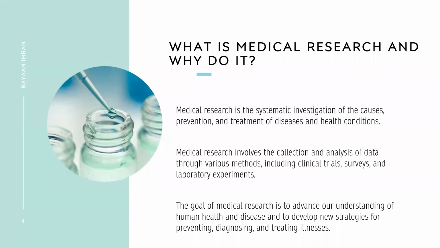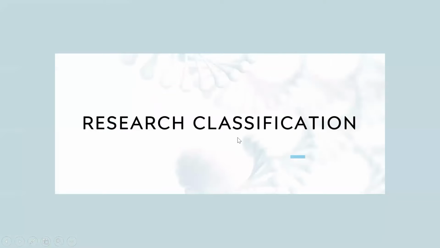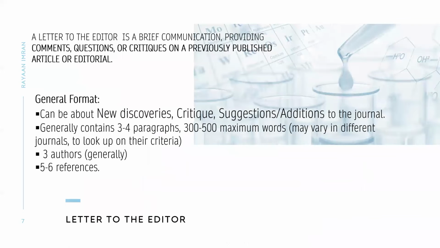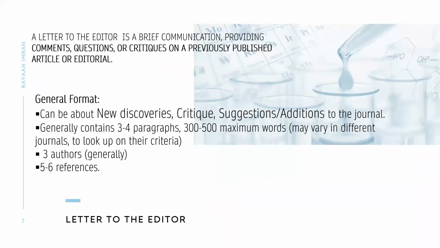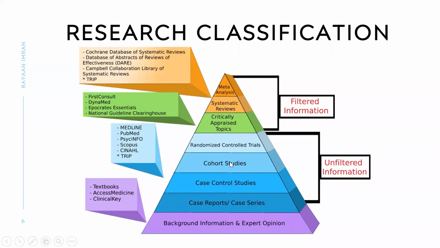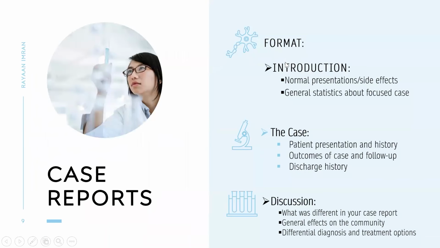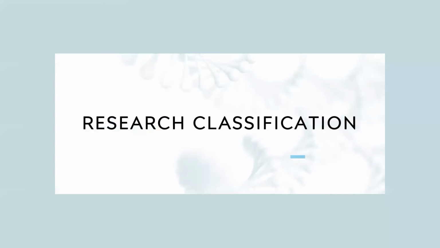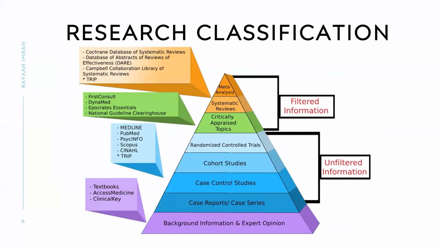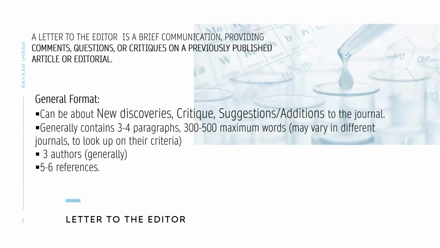Okay, so moving onwards, ठीक है, we did case reports, ठीक है. Now moving on to the next particular part. हो गया, ठीक है, journals. So we've सबसे पहले covered the research classification, ठीक है. Let me just summarize what we've done till now. We've talked about the agenda, research classification, what are different types of research आप कर सकते हैं. I've taught you how to start with a letter to the editor, comments or critiques कैसे लिखना है.